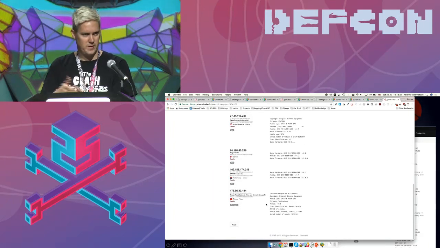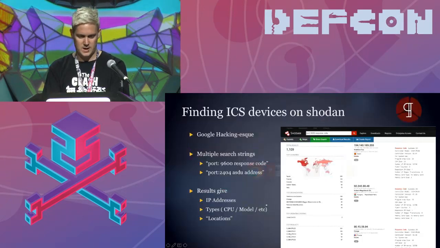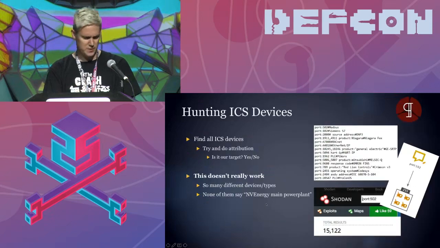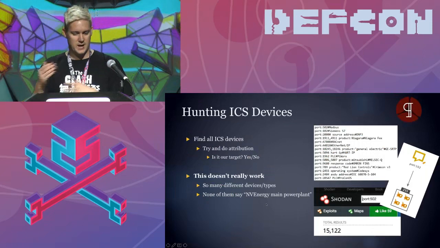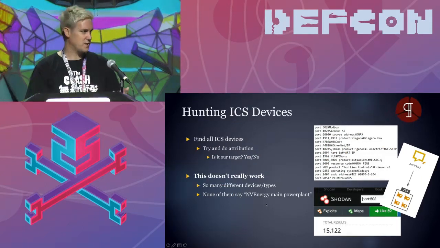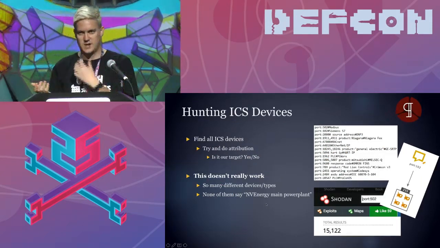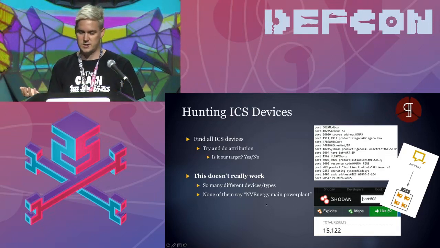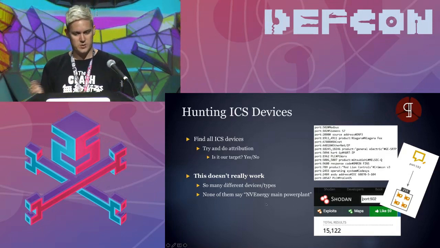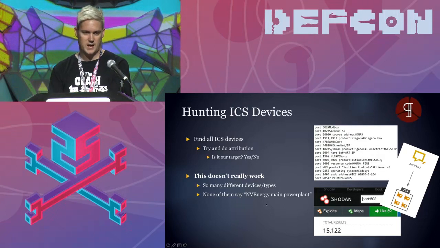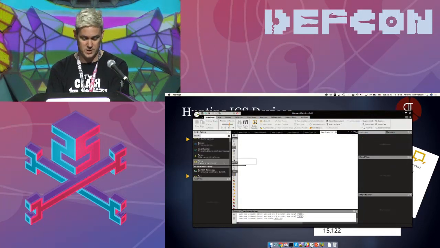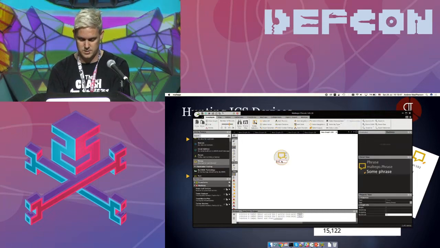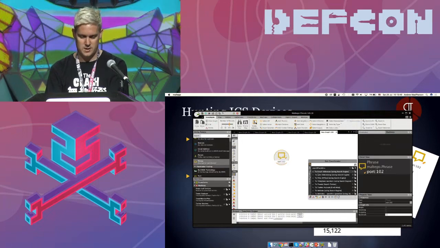Right, so then I could say, okay, well, if I was targeting that, that's really good stuff that I can use. So the first way that we try to do it is to say, okay, well, I can go through all the ICS devices and I can start targeting them. So the idea would be that you could take these ICS devices and let's say you had some vulnerabilities in a couple of them. You would say, okay, well, these are the ones that I'm looking at. And I can basically go and do what I just did, but in the tool. It's not that exciting. So I'll just say port 102.